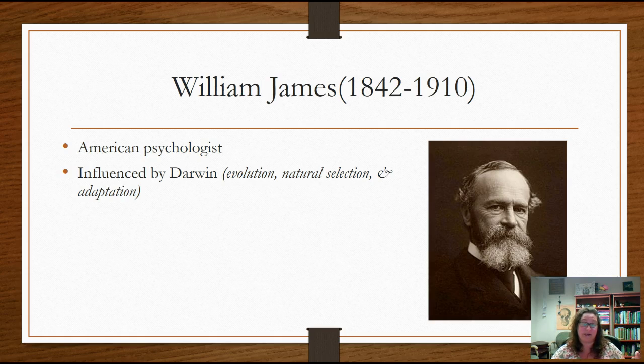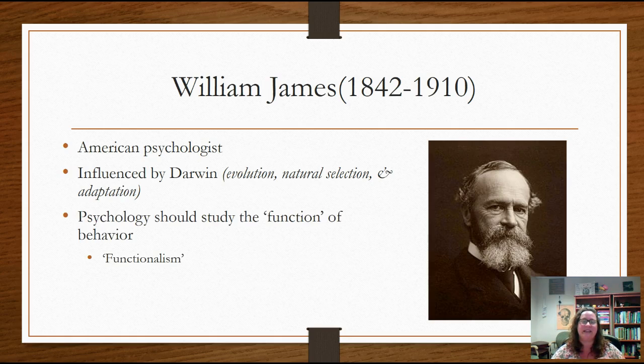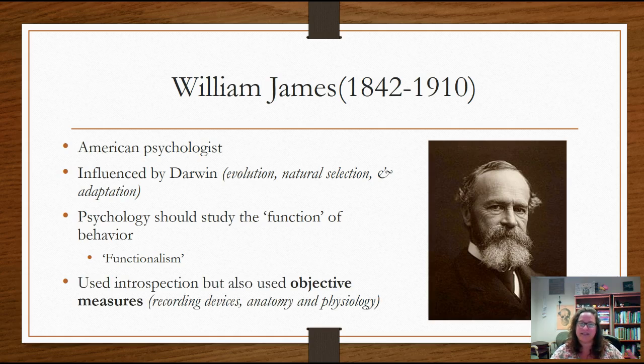So we needed someone like William James to come in and help us to kind of move beyond just simple introspection. William James was really influenced by Darwin's work, and he thought psychology should study the function of behavior. So he said, if you see someone doing a behavior, there's got to be a function. There's got to be some reason why they're doing it. So if you are binge eating, there's some function for that binge eating. There's a reason you're doing it. So William James would say, let's study that. And he would want to study this more with some of those objective measures. Obviously they were relatively crude compared to what we have now, but still he was trying to use objectivity to include this in psychology.